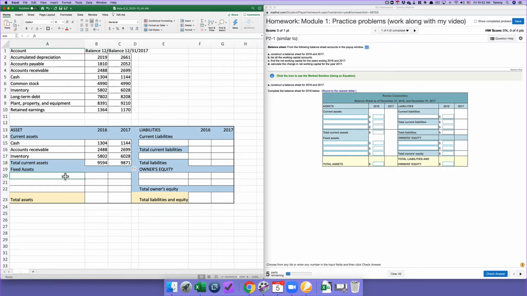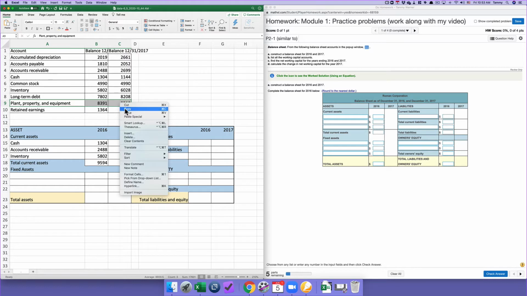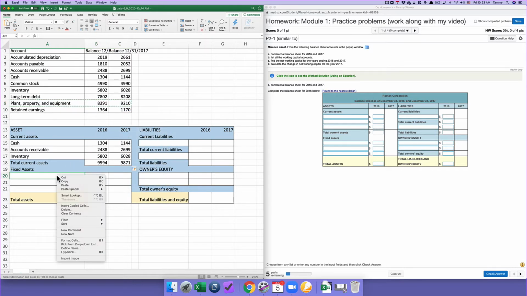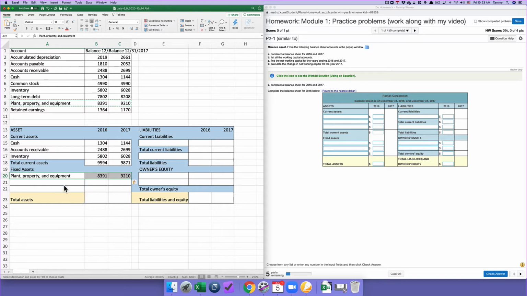Okay, and then fixed assets. What do we have up here for fixed assets? They're looking for 3 items. Property, plant, and equipment. Copy. Paste. And then there's accumulated depreciation, which is part of the property, plant, and equipment, sort of in the fixed